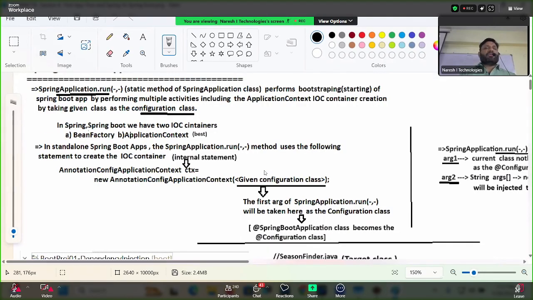In Spring Boot, we have two IOC containers. What are they, guys? One is BeanFactory, the other one is what? ApplicationContext. In a standalone Spring Boot application, the SpringApplication.run method uses the following statement to create the IOC container. Okay, this one was